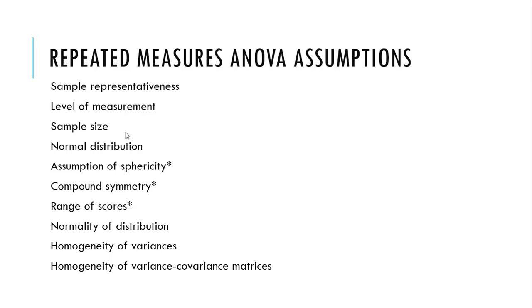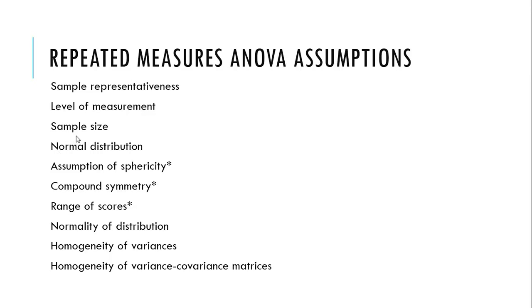Level of measurement: what this is talking about is that the dependent variables should be continuous and they should be measured at an interval level or higher. The sample size: we should have 30 subjects or more. And because we're looking at within subject scores, every single score should be completed. Normal distribution: under every condition or at every time, the dependent variable should be normally distributed. And we check this by looking at the skewness, the kurtosis, the histograms, and PP plots.